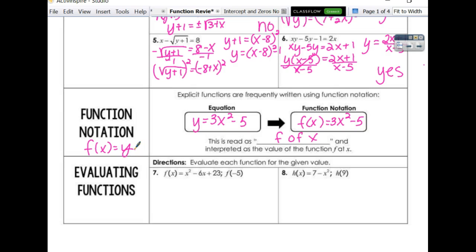So we can write our equations in function notation, and f of x and y are exactly the same thing. It's a fancy way of writing, if I have this equation right here, f of negative 5, negative 5 is my x value. And I'm going to plug it back into the equation, and whatever answer I get, that is your y value. So if I take f of negative 5,